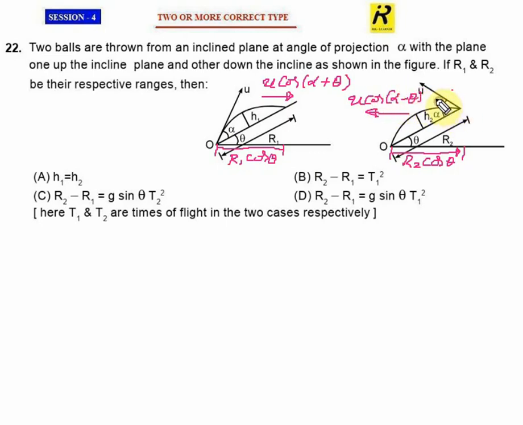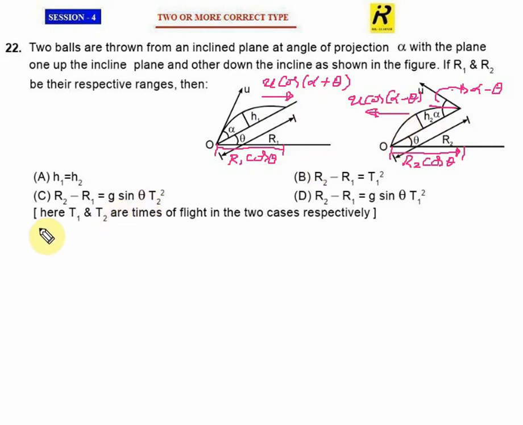Okay, so this portion of the angle is alpha minus theta. So alpha minus theta can be evaluated. That means the horizontal component of velocity for the right picture will be u cos(alpha minus theta), and there will be no acceleration along the horizontal. For this reason I feel it is better to use these components of velocities for my further calculation.